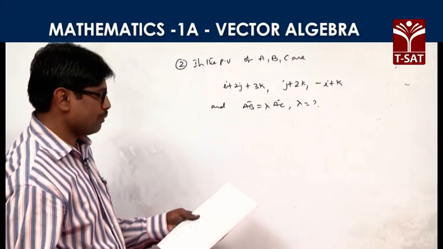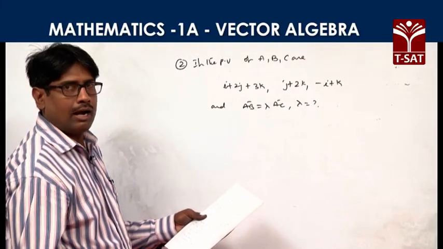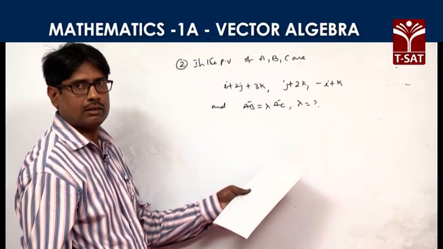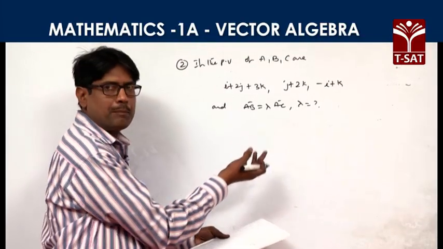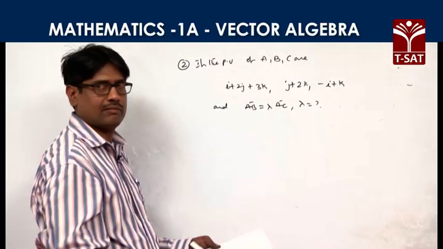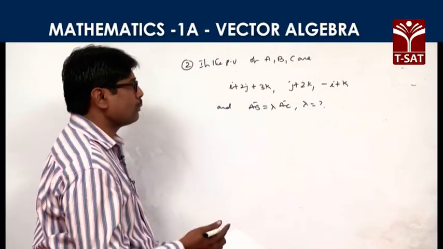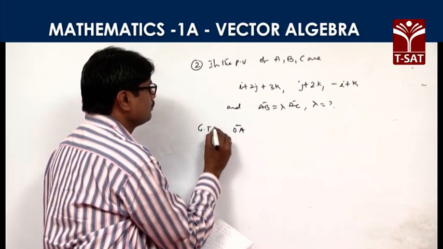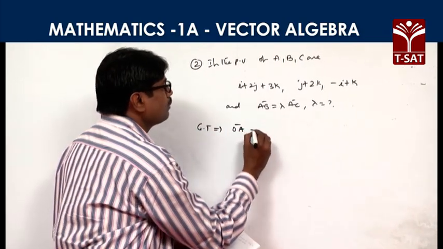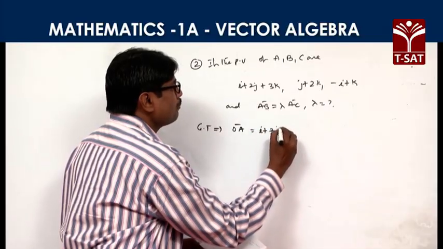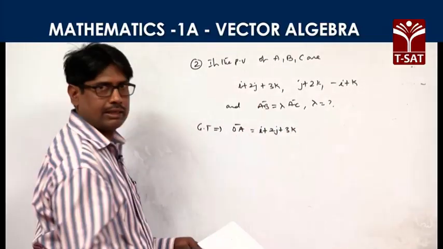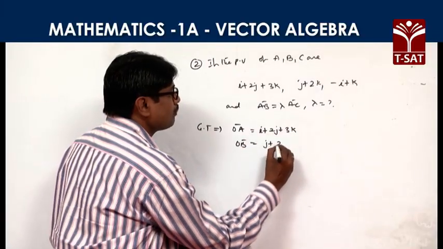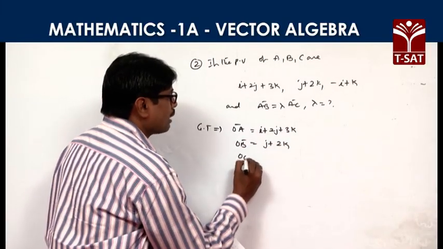Position vectors of 3 points are given, and AB bar is equal to lambda times AC bar. So AB bar and AC bar will be parallel or collinear. Then find the lambda value. According to the position vectors, OA bar is equal to I bar plus 2J bar plus 3K bar, OB bar is equal to J bar plus 2K bar,